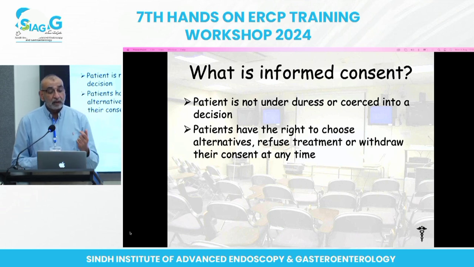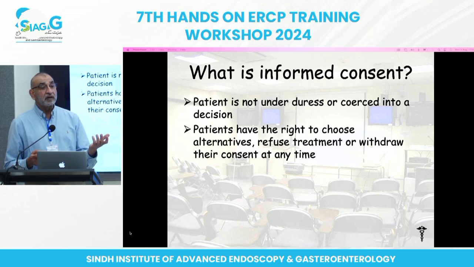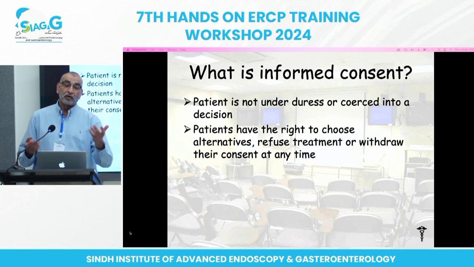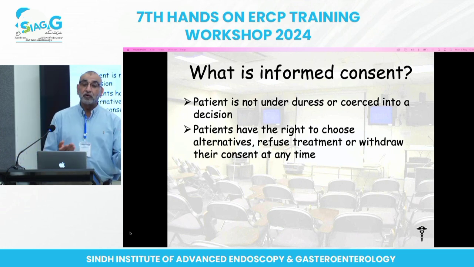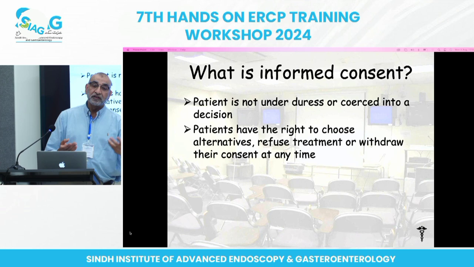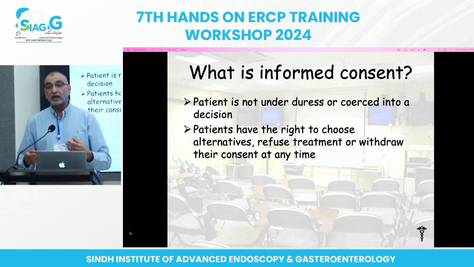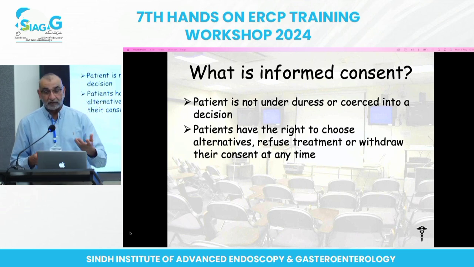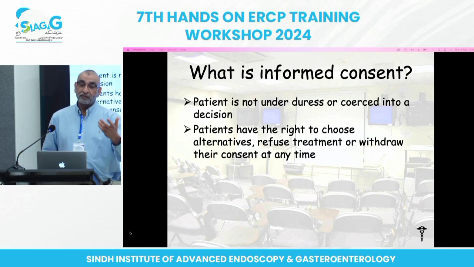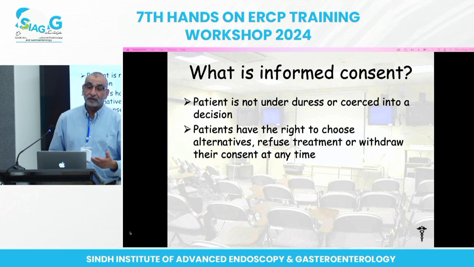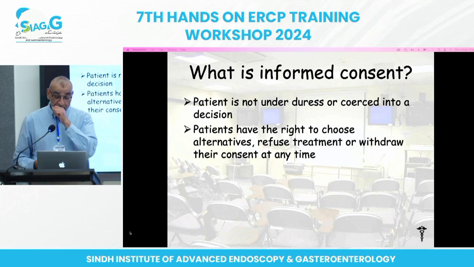Secondly, you should also offer them alternate procedures. What else is available? Like if you are going to consent for a colonoscopy, they may say, can I have something else done which is less invasive? And you can say, well, you can have CT colonography carried out, but the limitations of CT colonography are this, and you can have a capsule colonoscopy carried out, which is nowadays very much in practice, but those are the limitations. If they find polyps in the CT colonography or capsule examination, you still might need a colonoscopy to have those polyps removed. So you should be able to give them that information,